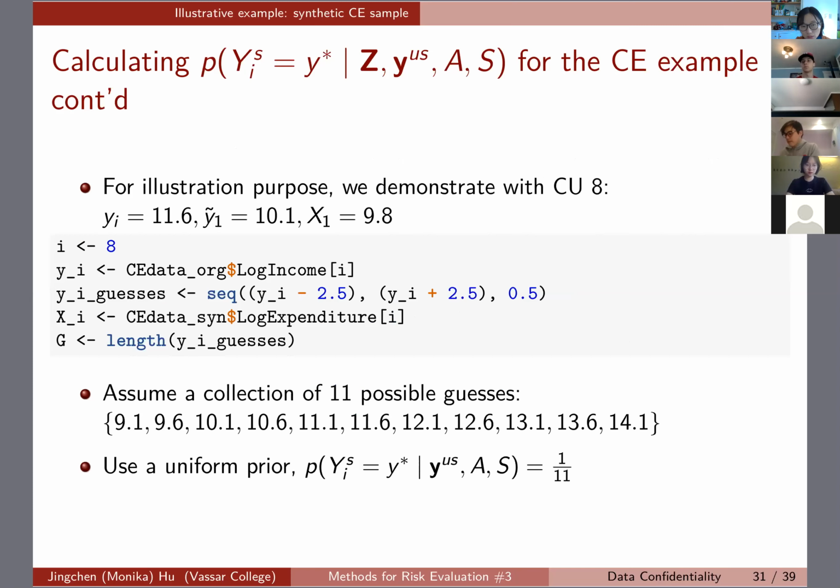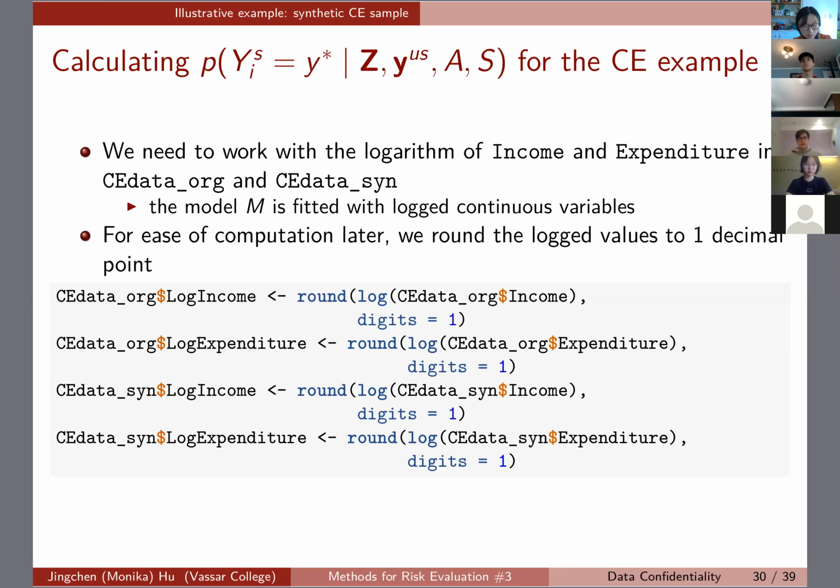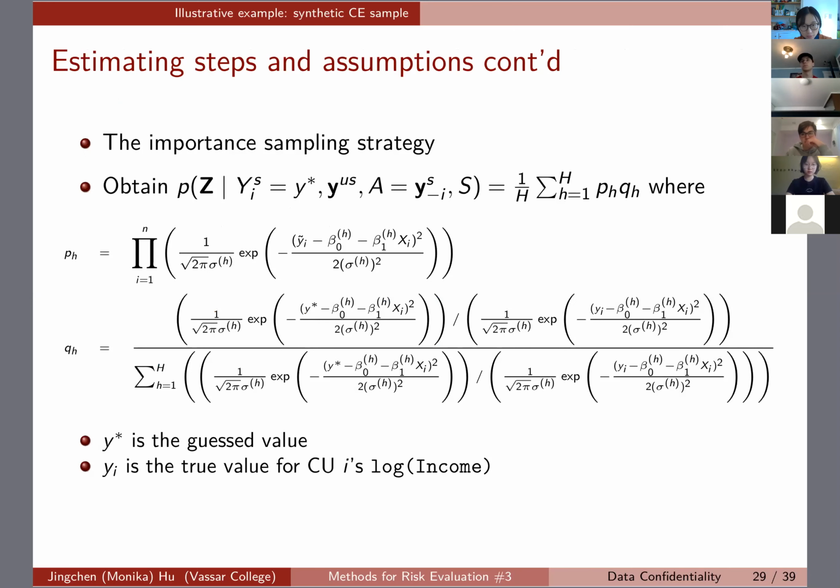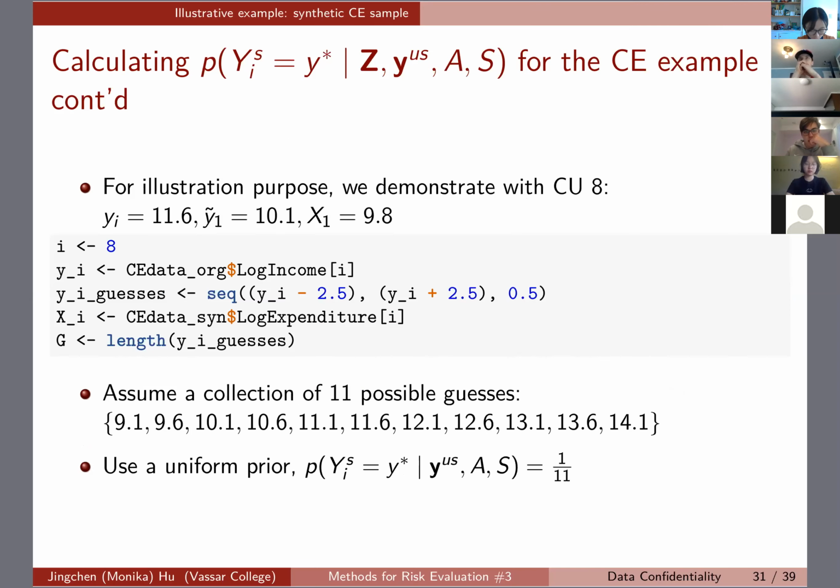So we need the X here because, as we can see in the detailed computation that we have just shown you, when you are applying that normal PDF, you need the XI as well. So we need those pieces all together to do the computation. I was doing something simple, as you can see: I chose the 8th record,